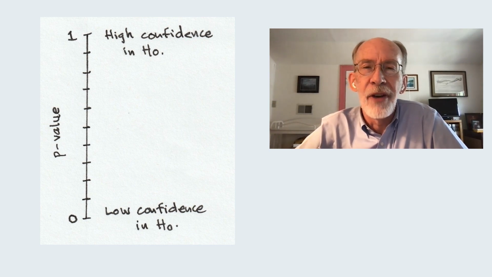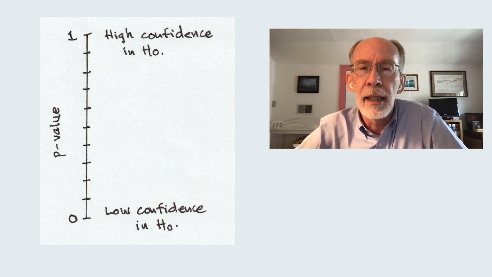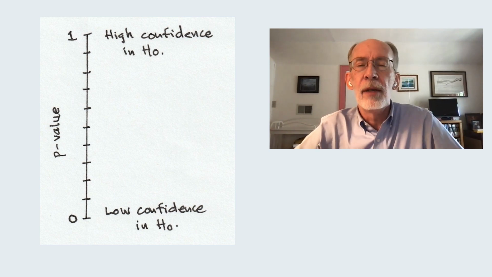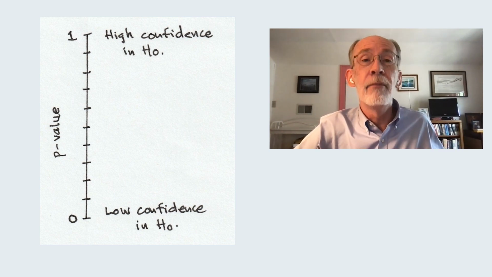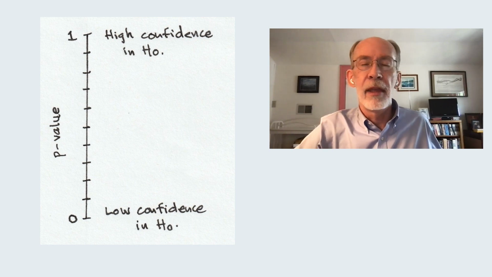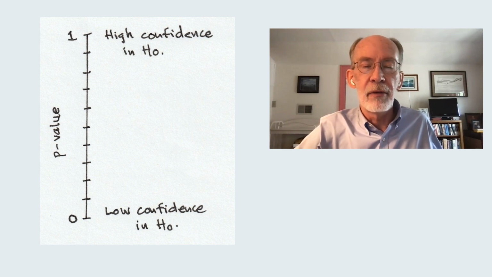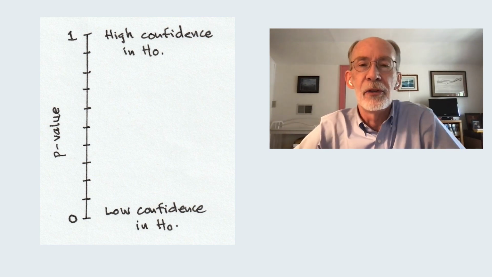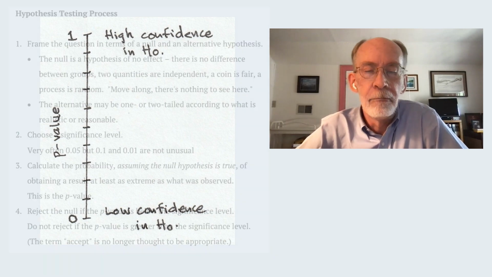The p-value is not the probability that the null is true, but it is a gauge of our confidence in the null. So if your p-value is pretty high, close to 1, we should have no issues with the null, because the thing that we observed is quite likely if the null is true. If the p-value is quite low, we tend to strongly doubt the null, because the thing that we're seeing is not likely under the assumption that the null is true.